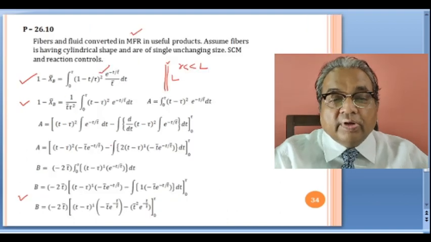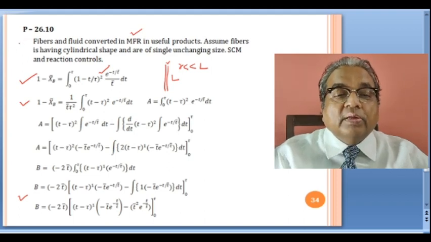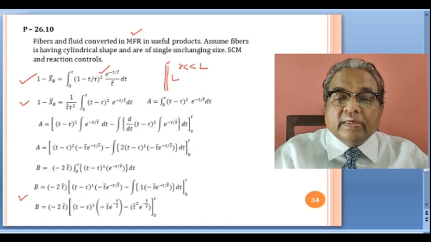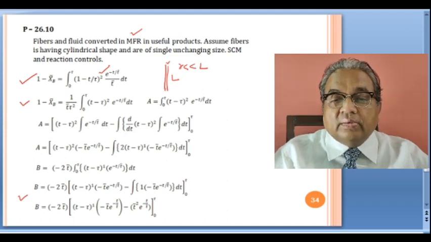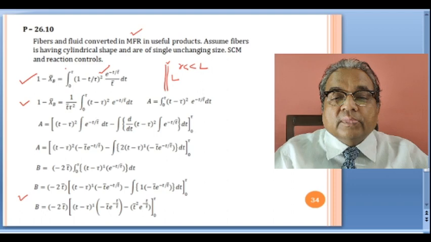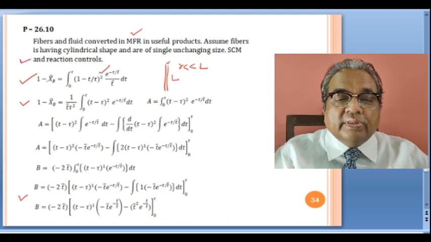So here what we have done is this example problem statement; you can read it again properly from the book. I have not reproduced the whole problem here. The only thing is the fibers, which you can consider to be in cylindrical shape. A single fiber is a single cylindrical particle, and such fibers react with fluid in mixed flow conditions to give you useful products. So these waste fibers are converted into useful products. So considering cylindrical geometry, single unchanging size, shrinking core model applies, and the chemical reaction controls. With this, your problem statement